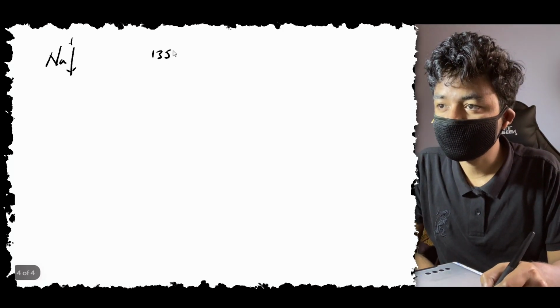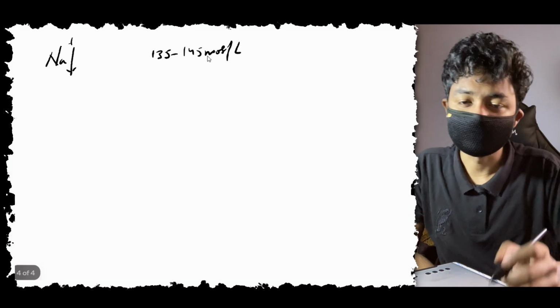So let's understand what hyponatremia is. I'll not waste time here, I'll just put it as less sodium. So this is hyponatremia. Now, when I say hyponatremia, I need to know what the normal concentration of sodium in the plasma is. So what is the normal concentration? That is around 135 to 145 milliosmol per liter.